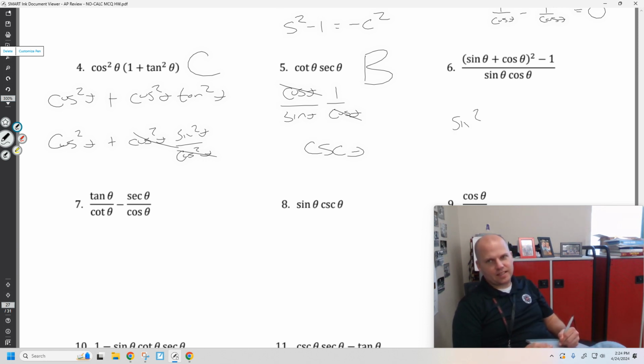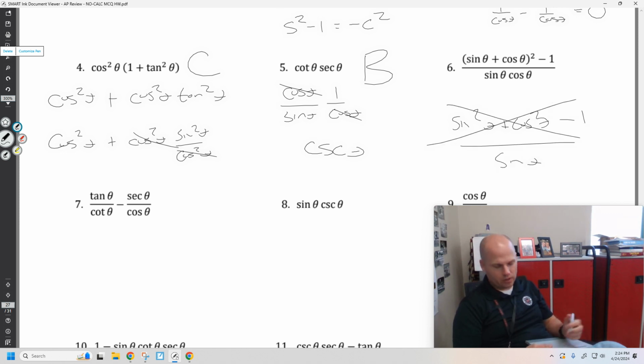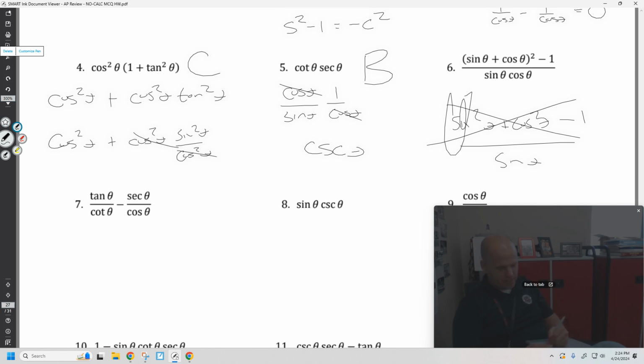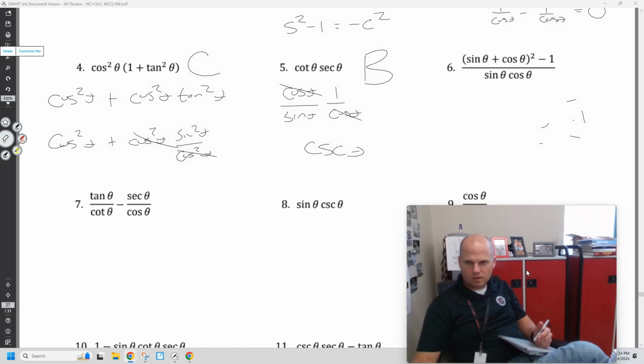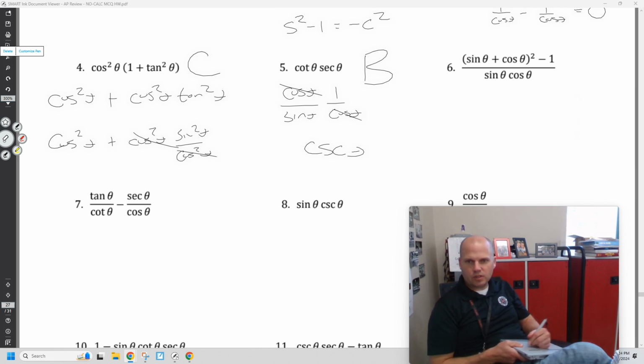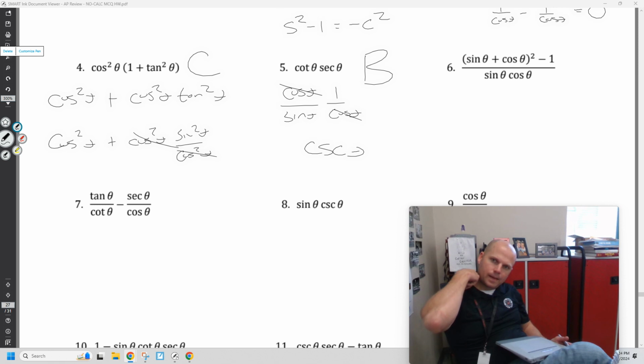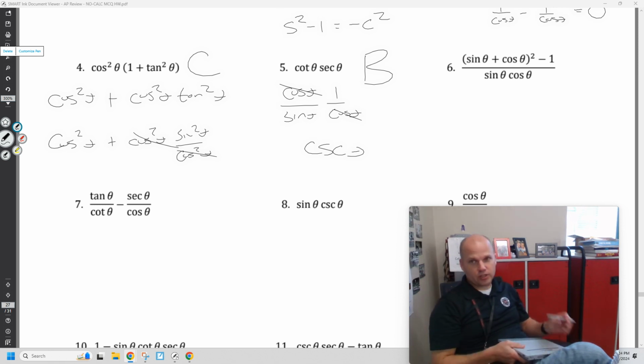Everybody's going to think that the top is sine squared plus cosine squared, but you're better than that. That's wrong. Don't think that you can distribute a square like that. Now, what should I do? Watch this. I am going to distribute the correct way, giving us sine squared theta plus